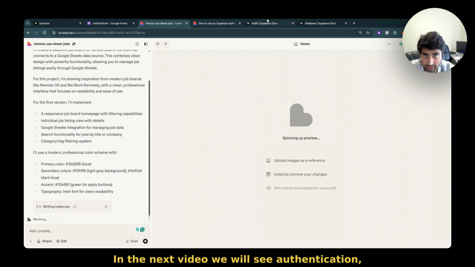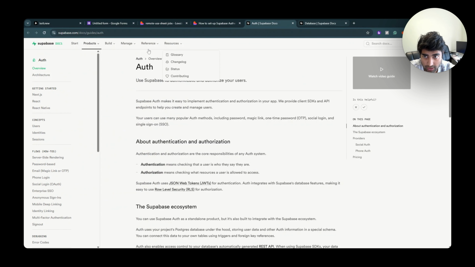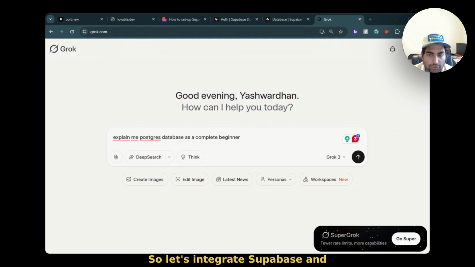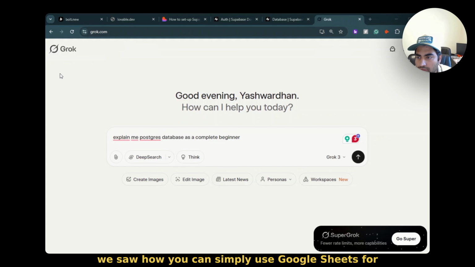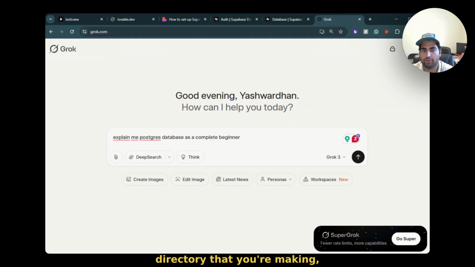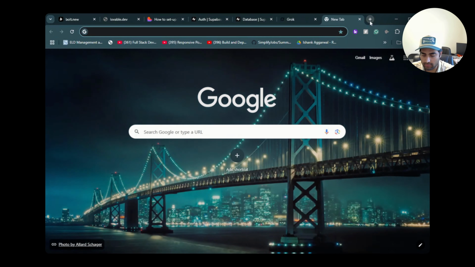In the next video, we will see authentication. We will connect Supabase, we will see authentication, and then we will finally see the database. So let's integrate Supabase, and we saw how you can simply use Google Sheets for most of your applications. So any sort of mentorship dashboard or database system or directory that you're making, you can start with